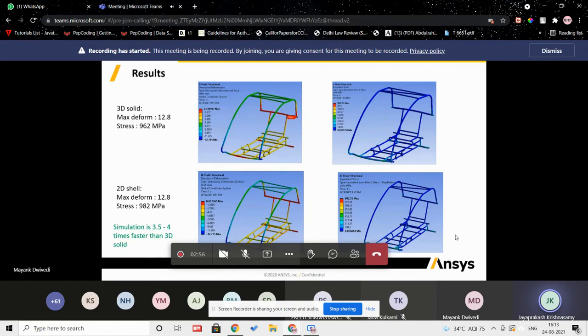This will be very helpful if you want to do design parametric studies by changing the length of the beam or varying the forces, where you want to study how the stresses are varying. In that case, it will make a huge impact on your simulation time.